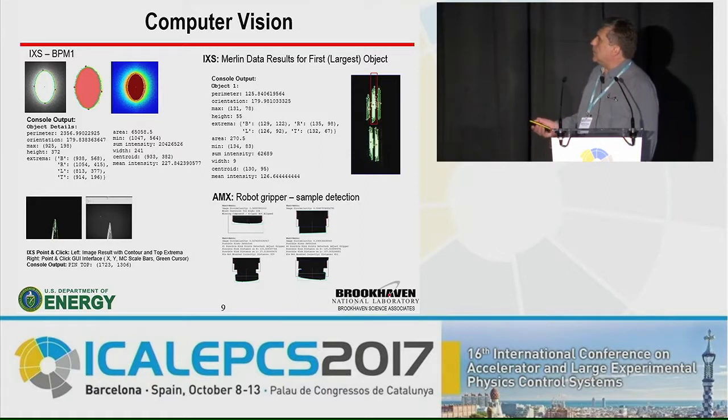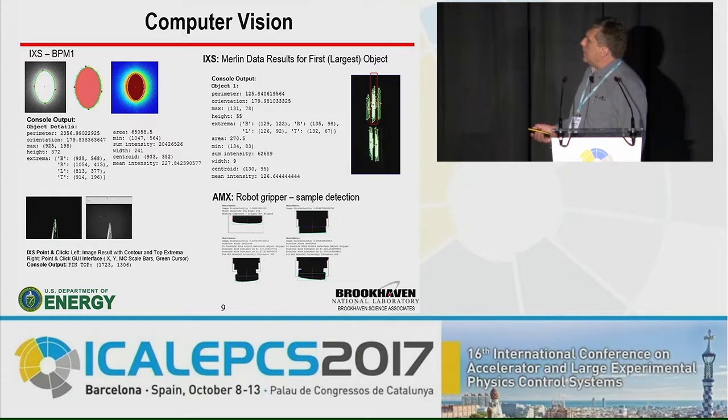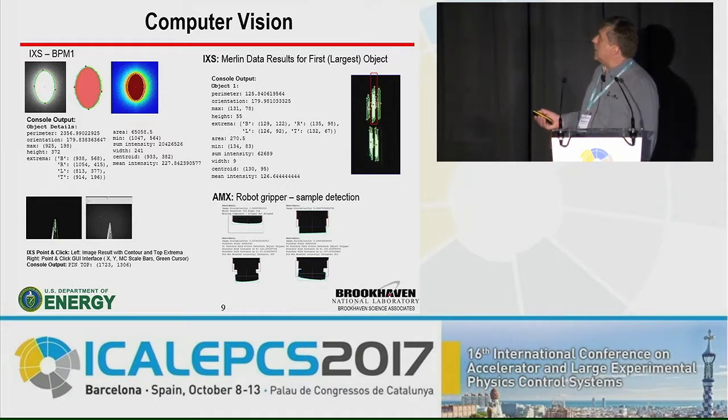Characterization of the beam, it's a BPM at 10ID, shape, intensity, lots of parameters can be extracted. And then another application where we have a sharp tip typically placed at the goniostat, and we're finding basically the tip of that tip and finding how well the goniostat is centered. This is another use of image processing where we are